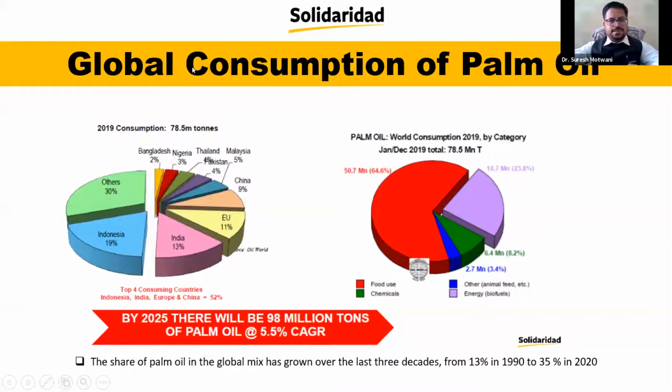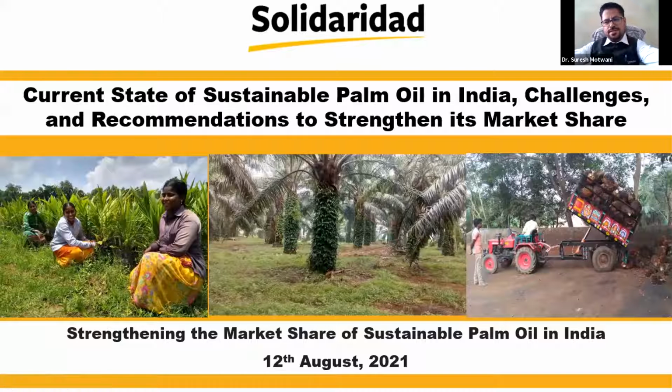So basically, this is today's topic for the discussion, where we are discussing the current scenario and what the issues or problems are in the context of sustainable palm oil demand in India. But in the initial few slides, we need to talk about the importance of India, basically why we have to discuss India when we are discussing palm oil and edible oil. So first a few slides about the importance of India, then we will discuss the real topic.